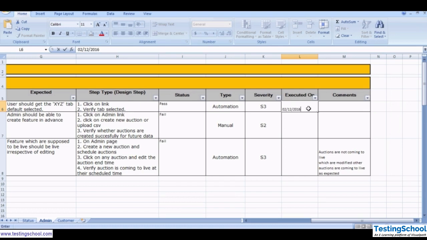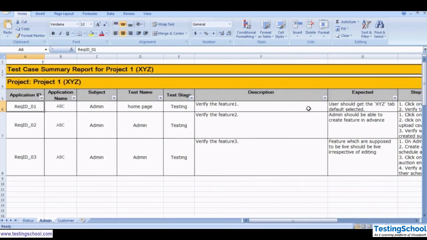Then if we have any special comment, like it depends on some other feature or on some other particular environment, if it is not executed, then we can give this special comment here. Or if we have logged a defect for this testing, then we should enter the defect number in the comments. So this is how our test case should be properly formatted, like requirement ID, application, subject, test name, stage name,